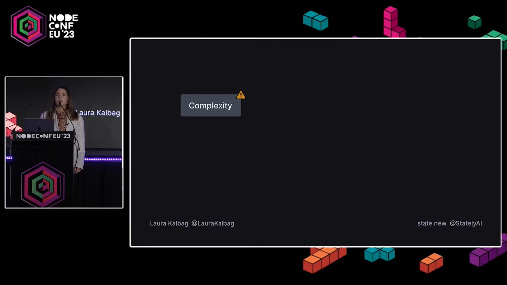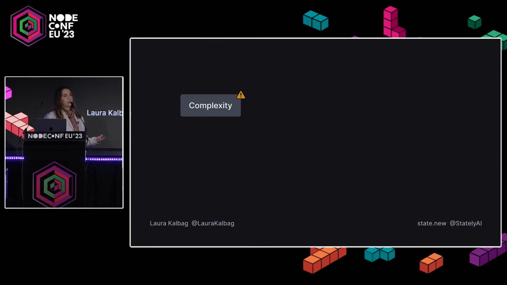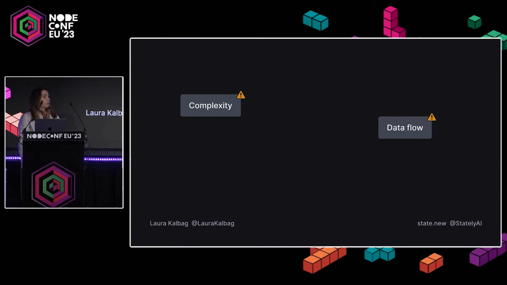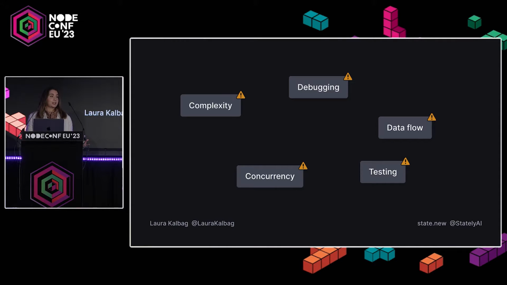So we start off with just the complexity in general. The bigger the app, the harder it is to manage state. Even the smallest feature that you add can increase the complexity an enormous amount. We have data flow, so passing state between components can get really hard to follow where the data is moving around. It can get very complicated. We have concurrency. When different components are interacting with the same state simultaneously, you can get into very tricky situations. And we also have testing and debugging, because the more states you have, the harder it is to isolate and